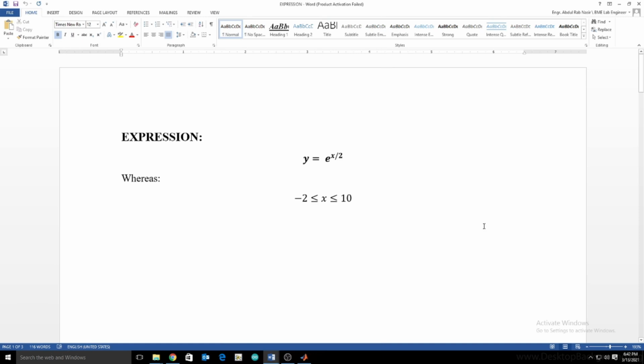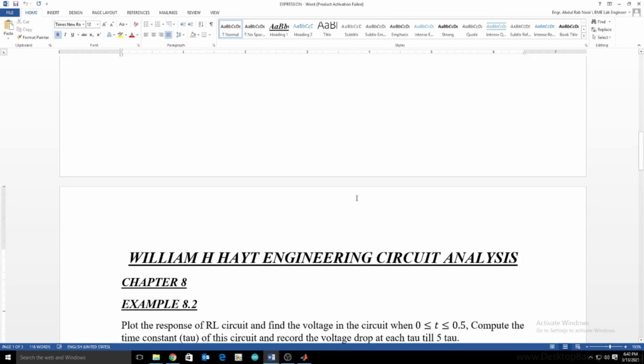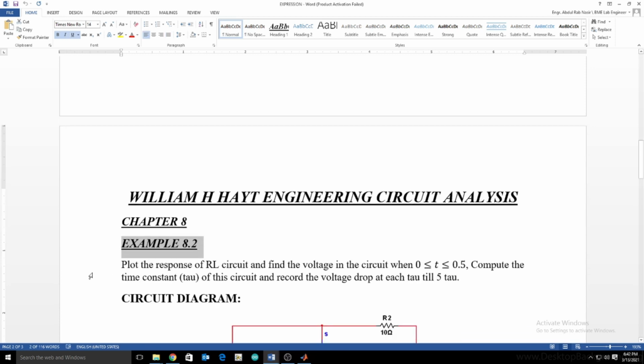Okay, so let's move towards our next circuit, which is the source free RL circuit. We have taken an example from William Hayt, as I told you before. It's chapter 8, example 8.2. We have to plot the response of an RL circuit and find the voltage in the circuit when t is from 0 to 0.5. And we have to compute the time constant tau of the circuit and record the voltage drop at each tau